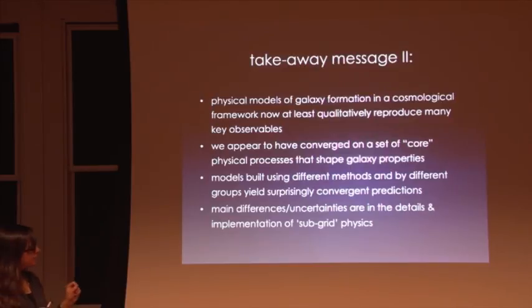And in addition, different groups using different techniques and different methods, different kinds of approximations, are getting pretty similar, pretty convergent results. So even though we're relying on these somewhat arbitrary subgrid recipes, and we're all doing that a little bit differently, for the global properties of galaxies, that doesn't seem to be a huge effect. It's a small effect. And in fact, that seems to dominate the remaining differences and uncertainties in our models, this treatment of subgrid physics. Is there a question back there?